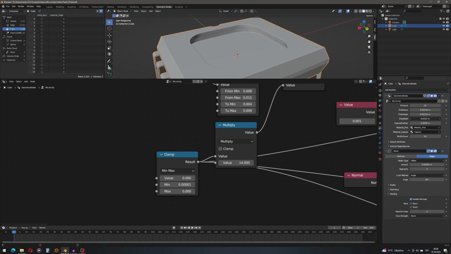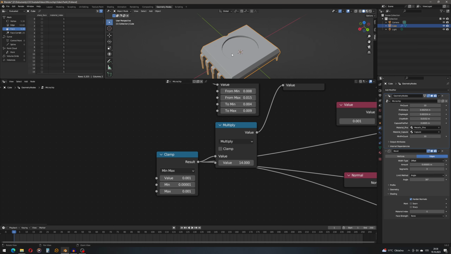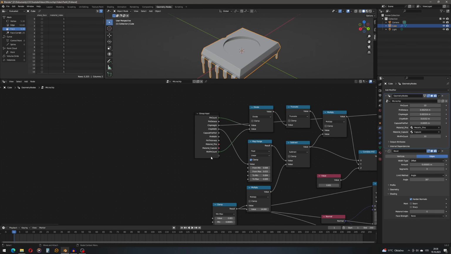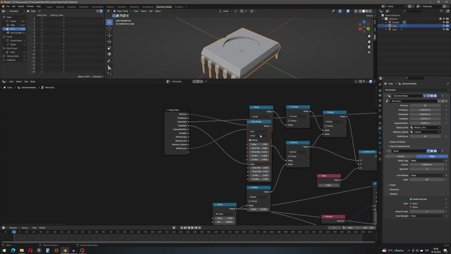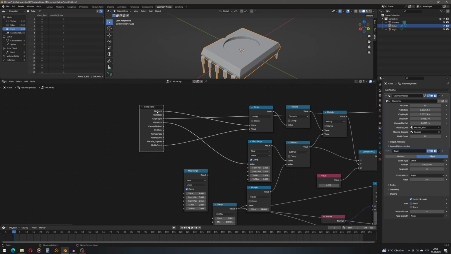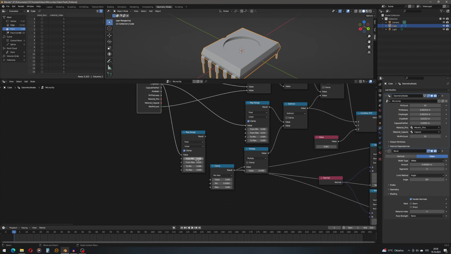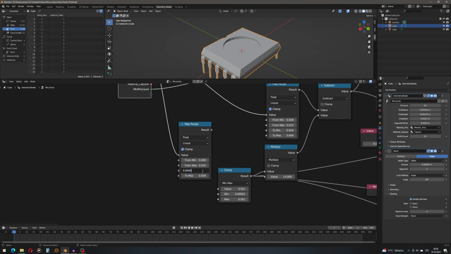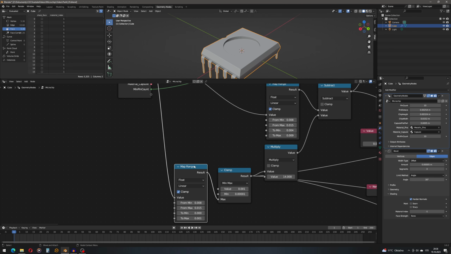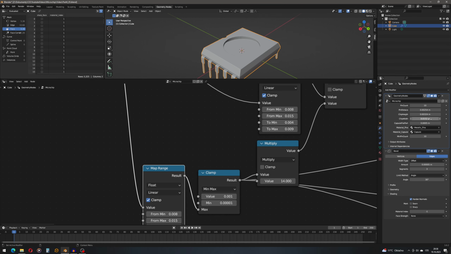But for the wider chip, we will need to increase the maximum to 0.6 millimeters actually, because that will create the circular shape for the wider chip as well. Well, let's actually reuse the map range node. So let's duplicate it. I will use again the chip width as the input value. The from values remain the same, while the to min will go through 0.3 millimeters to 0.06 millimeters, and that will serve as our maximum. So now if we have the narrower chip, the maximum will stay clamped at